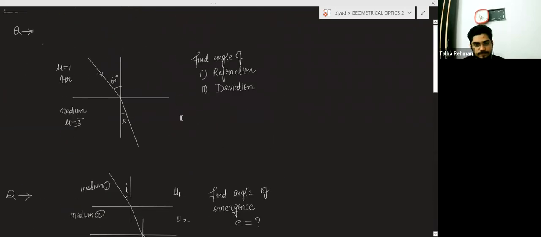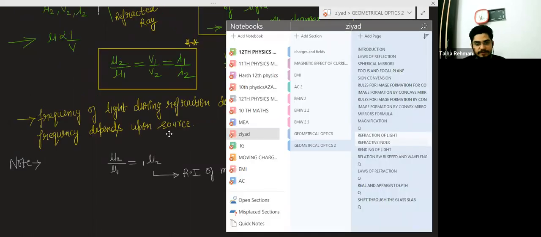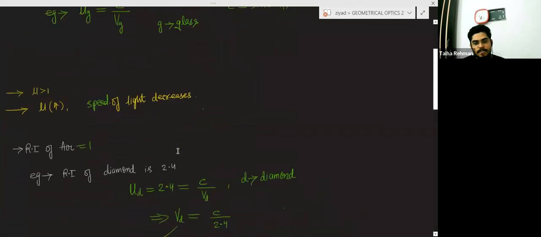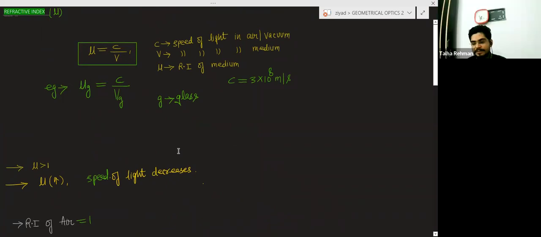Okay, Ziyad. So please remember all these things. What is the meaning of remember? It means revise these things properly. If you have any doubt, then in the next class, when you come to the next class,